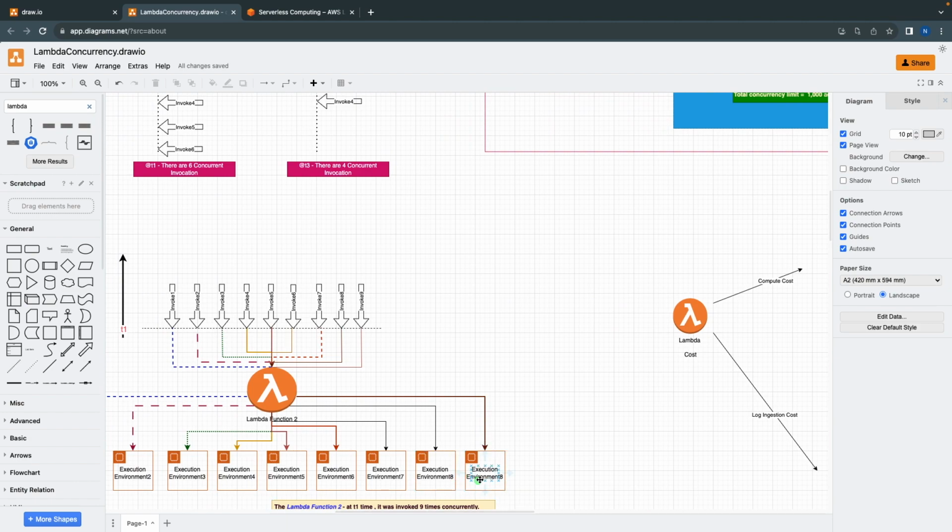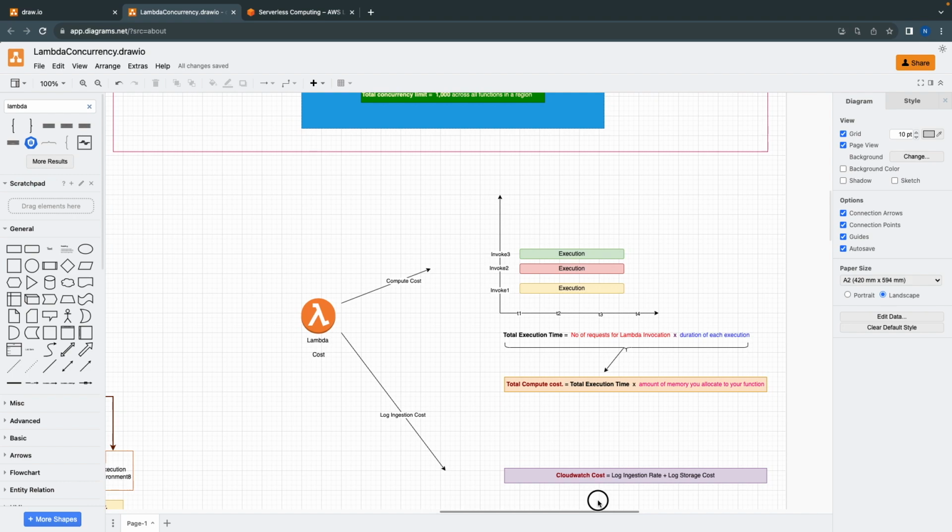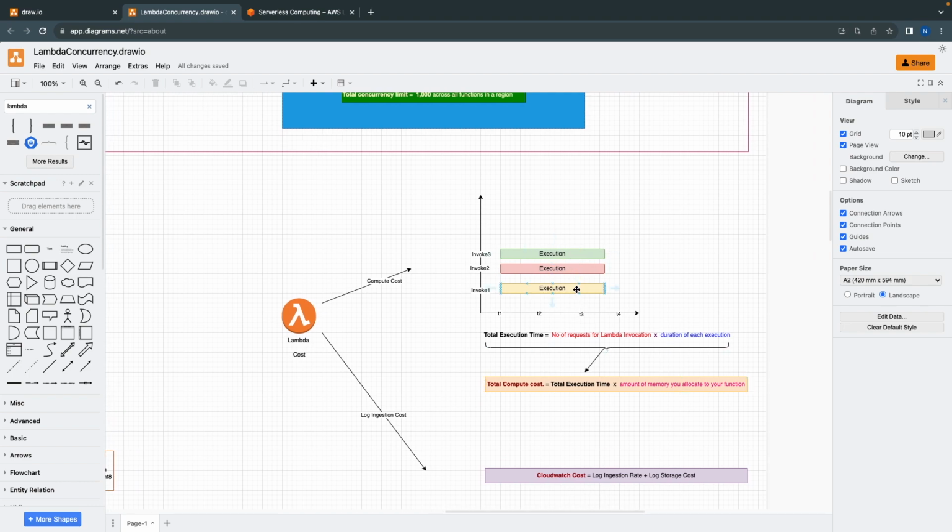The execution environment that Lambda provisions is based on the memory that you specify, and it determines the CPU, and accordingly it provisions that execution environment for us. So back to this here, we have 3 invocations, which means 3 execution environments would have been provisioned for the memory and the CPU specifications, and the Lambda calculation goes like this. The total execution time is calculated as the number of requests, the number of times the Lambda is invoked,